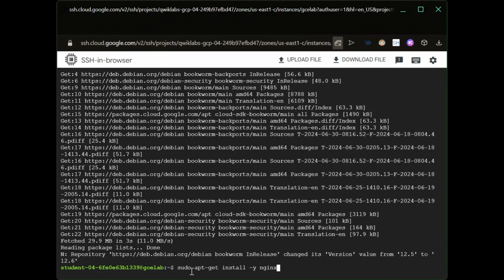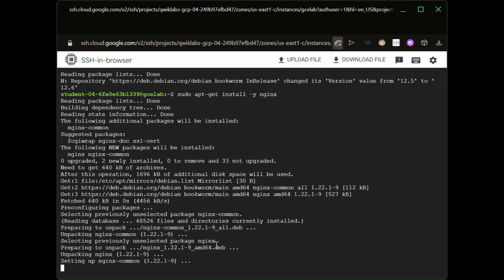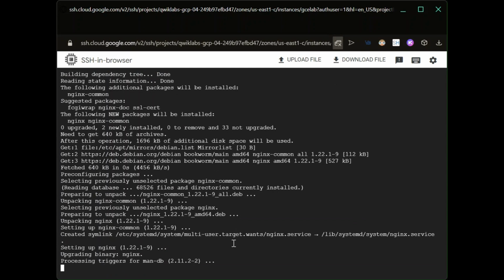Now we'll be installing the Nginx web server in our virtual machine. And to confirm if it's running, we'll be using the command.